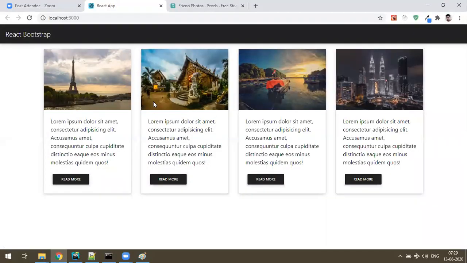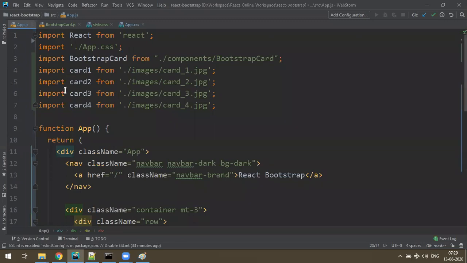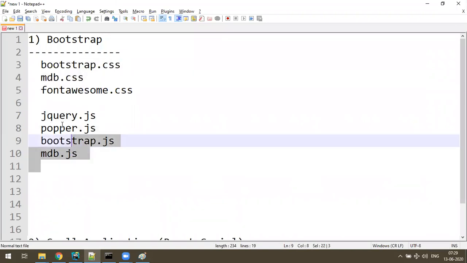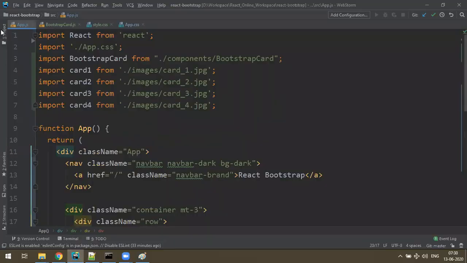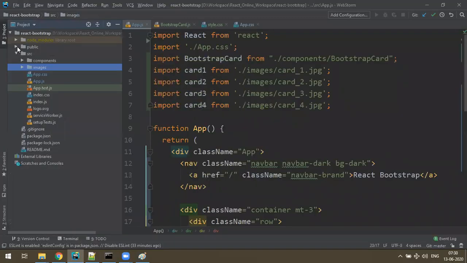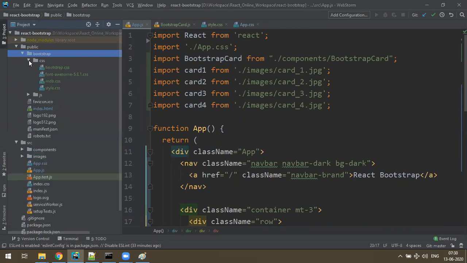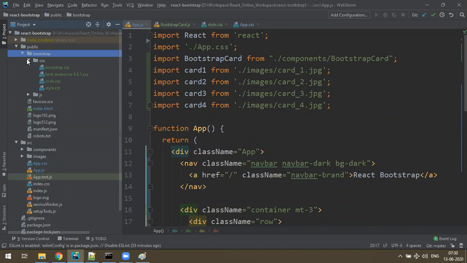So let me summarize what we have done here. Simple. If you wanted to connect to Bootstrap, you need to have a set of Bootstrap files like these files and these files. You can directly download them from the MDB Bootstrap website, and all the files you can keep in a public folder. You can create a Bootstrap folder inside, keep all CSS files and JS files. You can keep all together, but it does not look good. So I just wanted to make a separation.